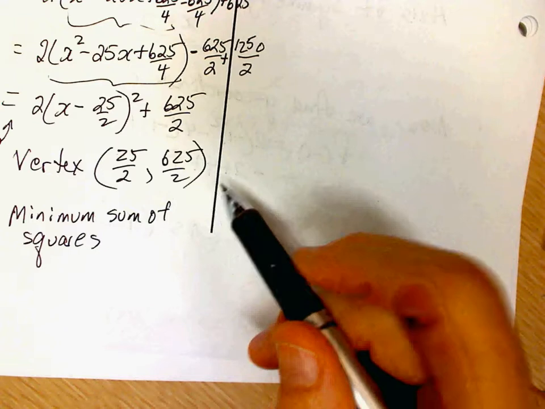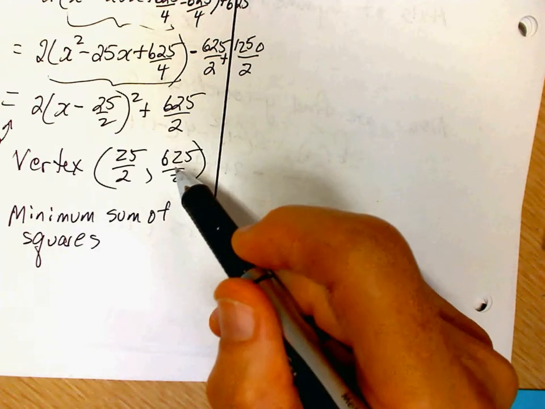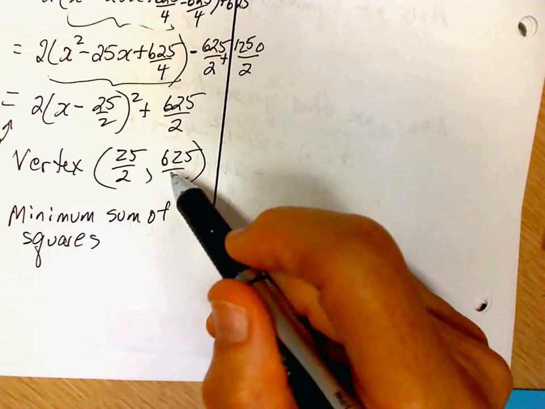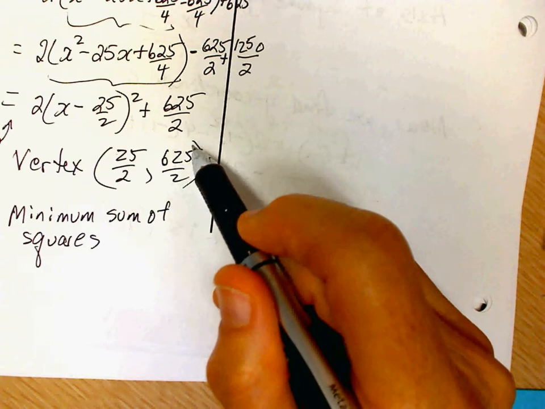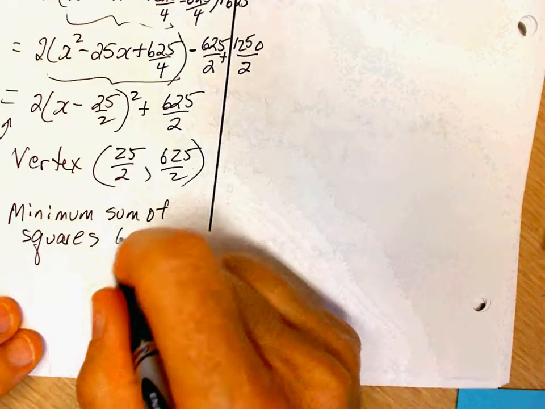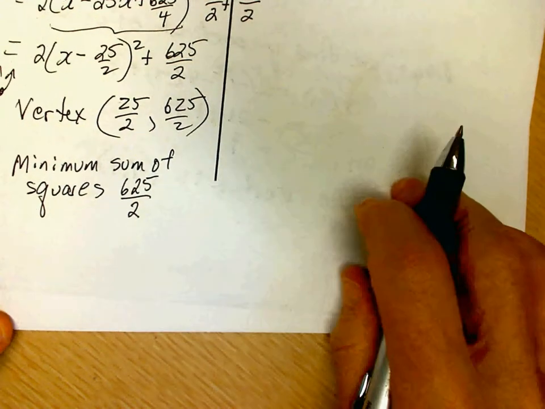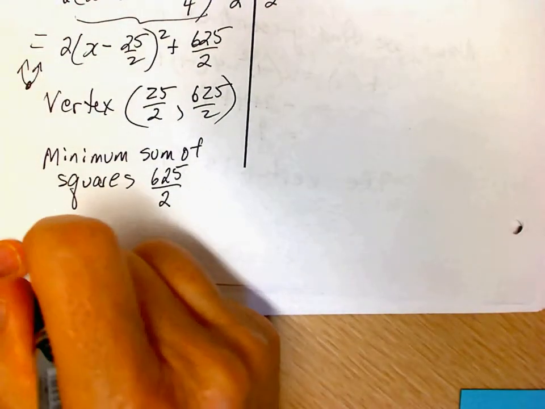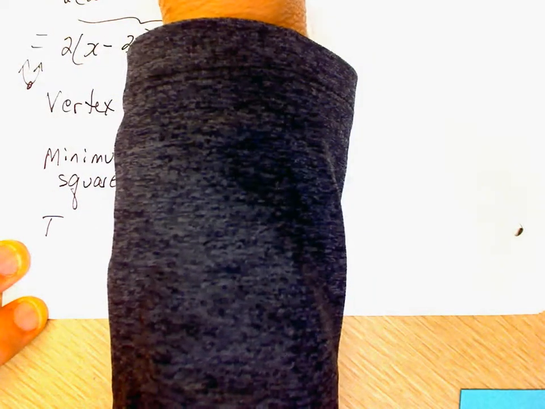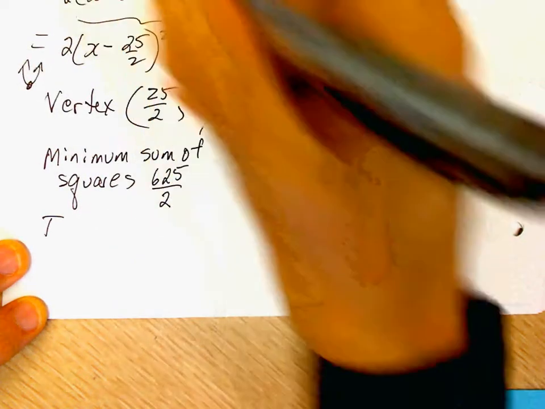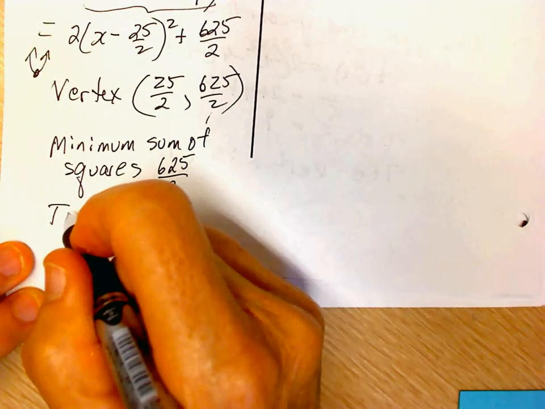Our minimum y value, sorry, can you say that again? That sounded like an awfully long answer. Anyone want to? Perfect. I just heard a very long answer, but it's just 625 over 2. Right, we pick it off right off, because this represents our minimum sum of squares, so that's our y value there. And the two numbers are